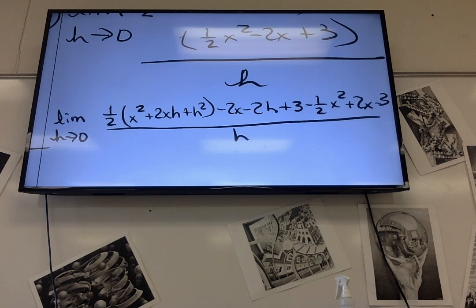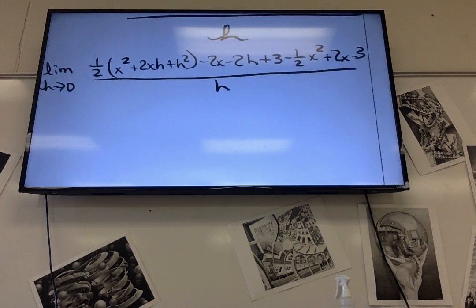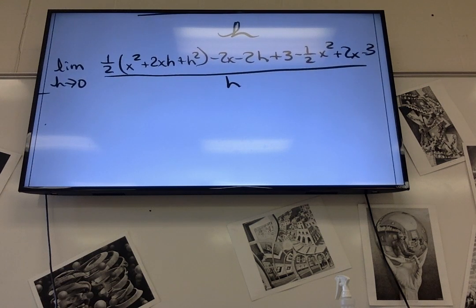Wait, would that be like the 3's cancel? Like, 2 x's cancel. Okay, when you distribute the 1/2, that 2, yeah, that'd be like 1. One xh or just xh? I got a question. Yes. Can that 1/2 and the other 1/2 kill each other? Yeah. Once you distribute it, yes. The 1/2 x squared can kill each other. Okay. So we've got the limit